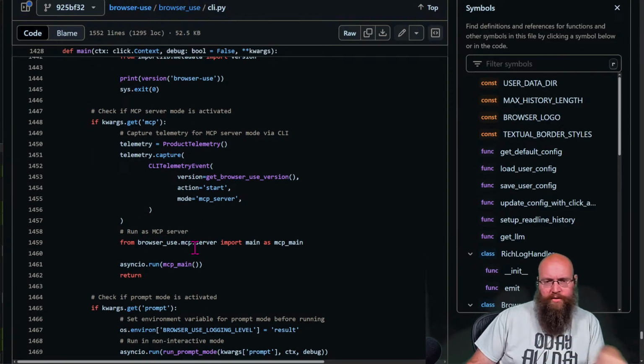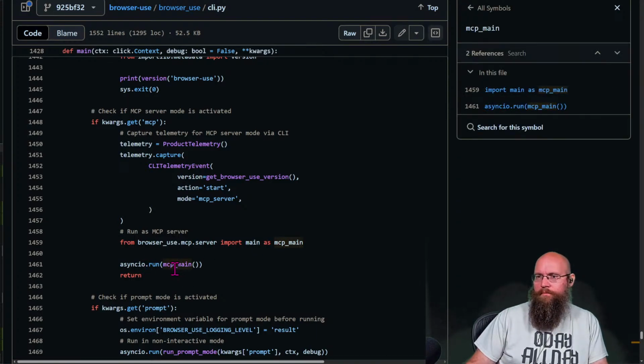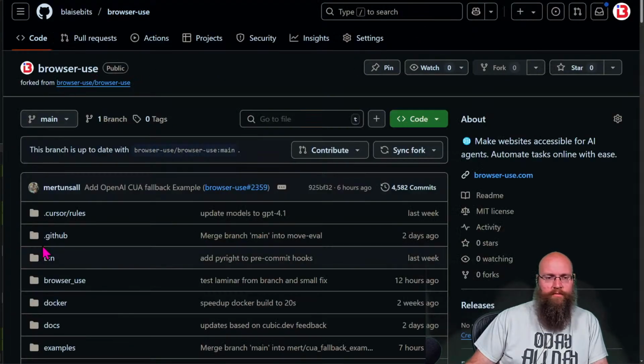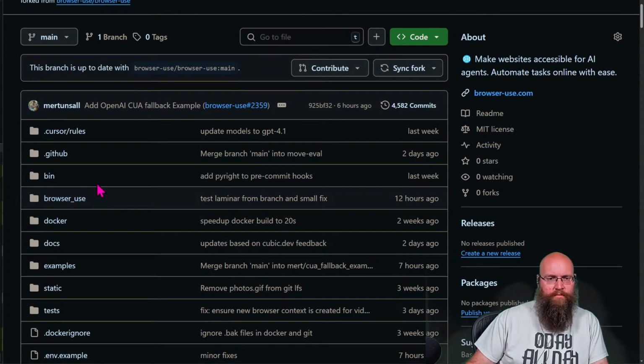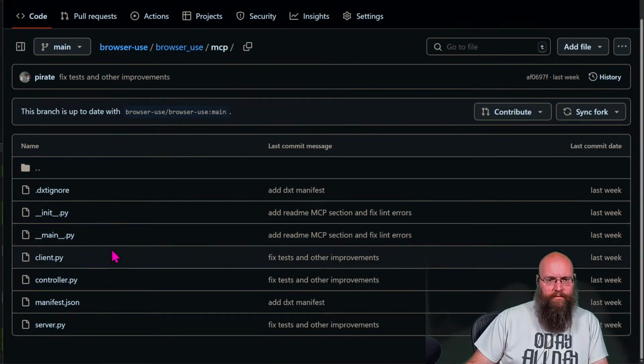So from browser use MCP server, import main MCP async IO MCP main. This is coming from browser use MCP server.